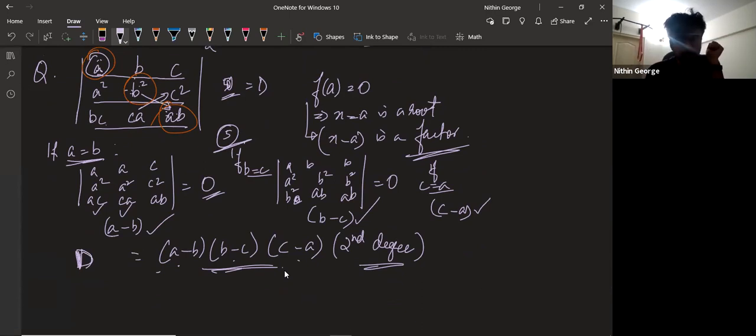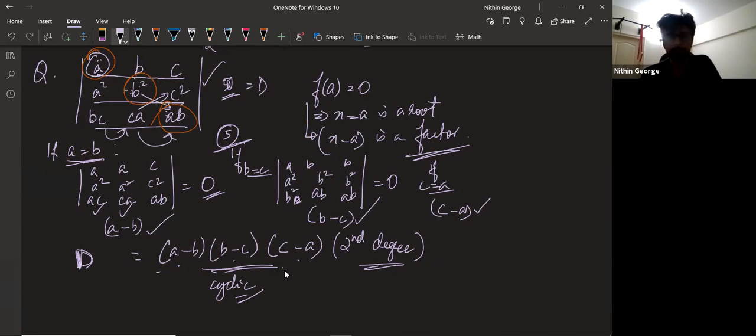That's the idea. So now you need a second degree term, and notice one property in this determinant. All terms are cyclic, right? It's A square, BC. Then you just replace A with B, and B with C, and C with A. So that is what is happening when you move into this column. That's the same thing that happens when you move into this column, right? So you can say that it is cyclic.